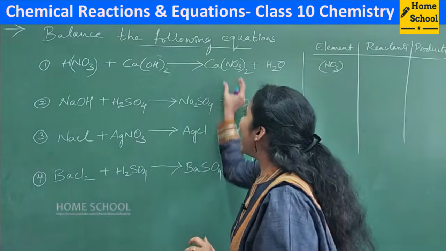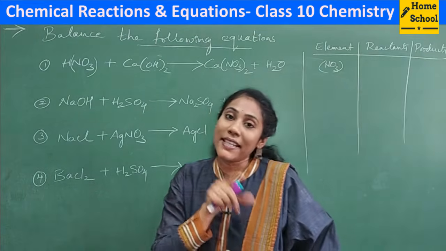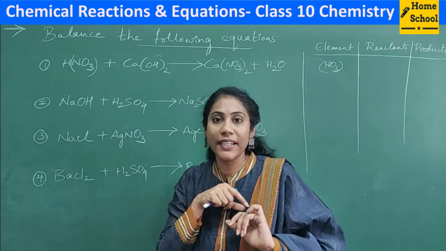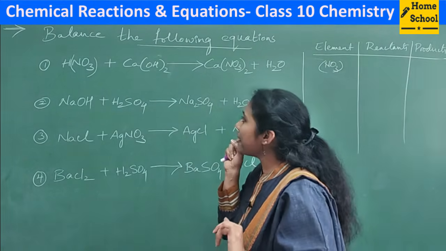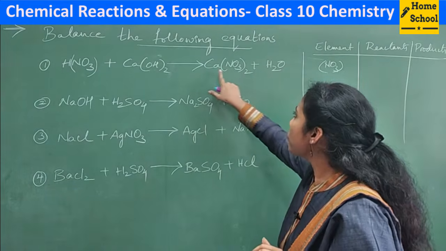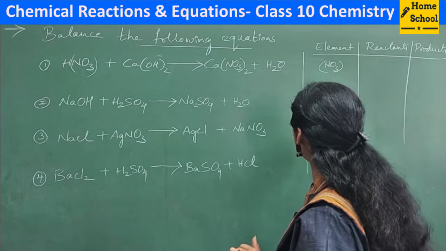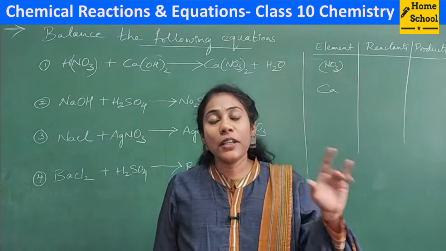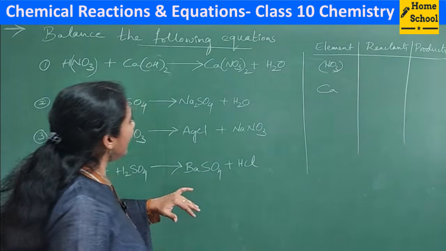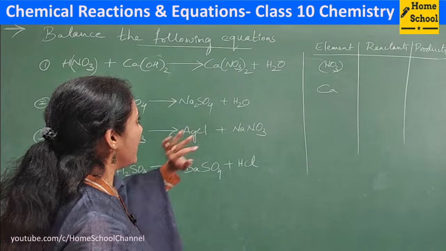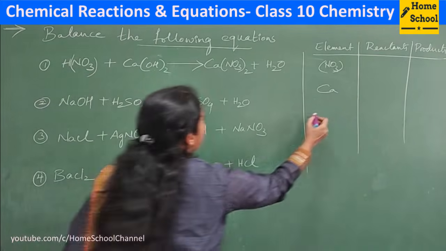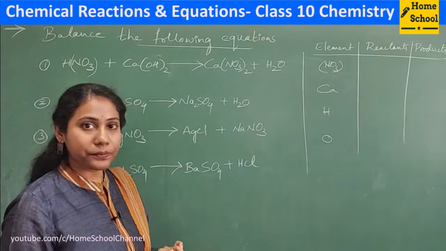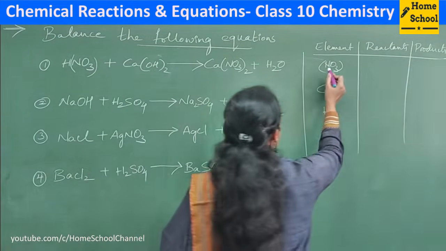Okay, fine. So after the polyatomic group, you will balance metals and non-metals, I mean other elements, other than oxygen and hydrogen. Okay, so what are the elements present other than oxygen and hydrogen? Calcium is there, so you will balance calcium next. After balancing this group, you have to focus on balancing calcium, and after that you will try to balance hydrogen and oxygen, right? So hydrogen is there, and lastly you keep oxygen for the balancing. Fine. So let us finish off balancing these groups.